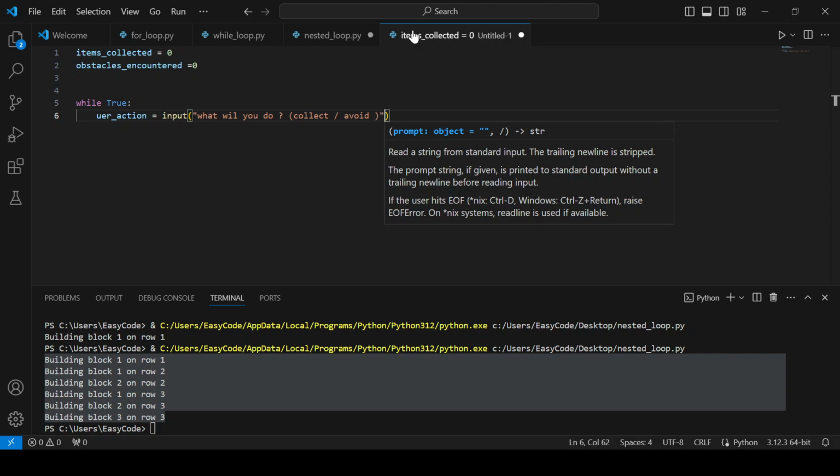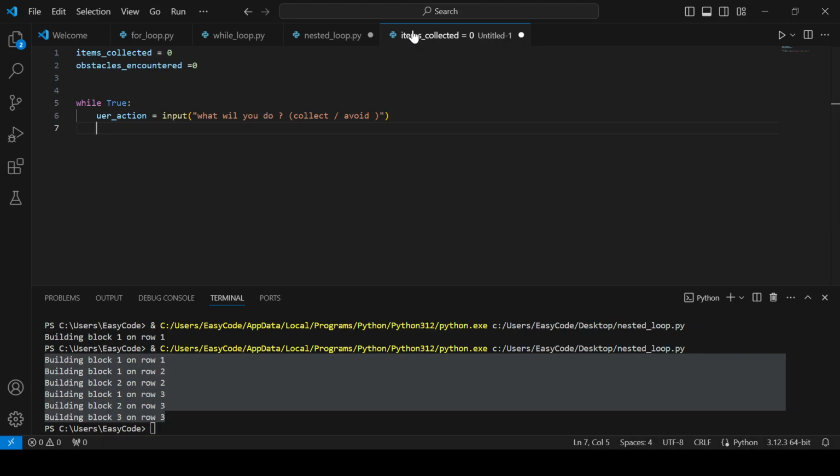There are two inputs that we have to pass. If user_action equals collect,